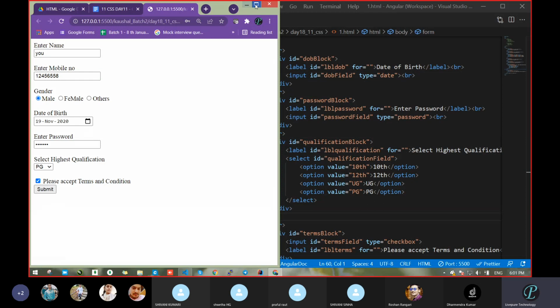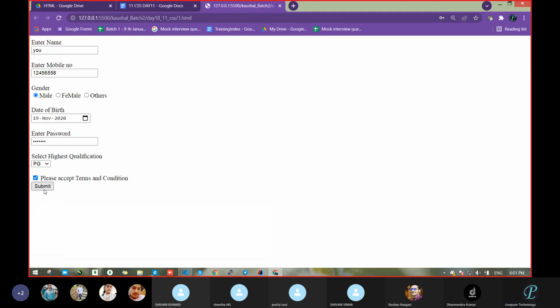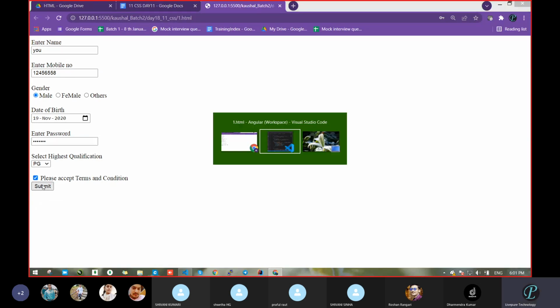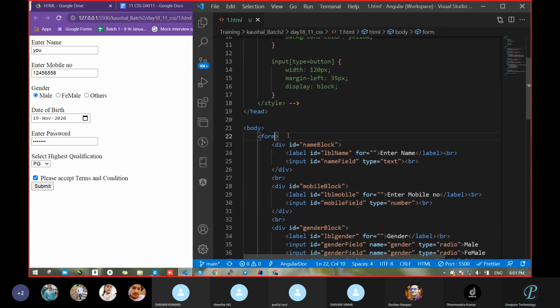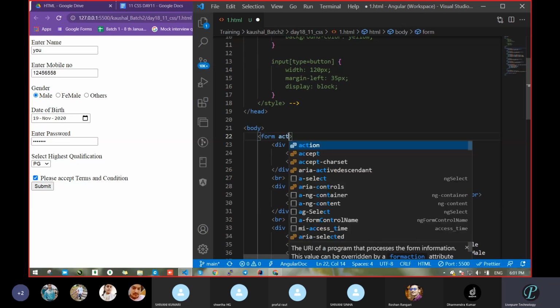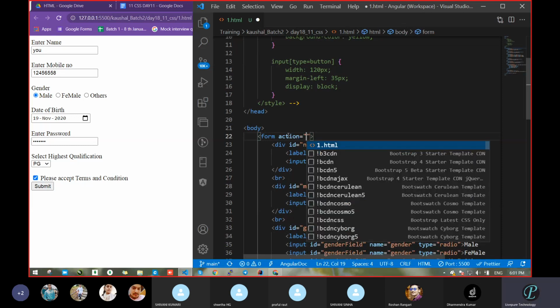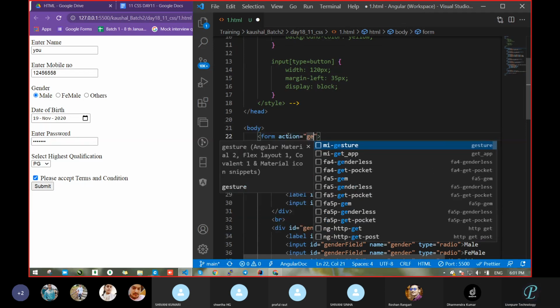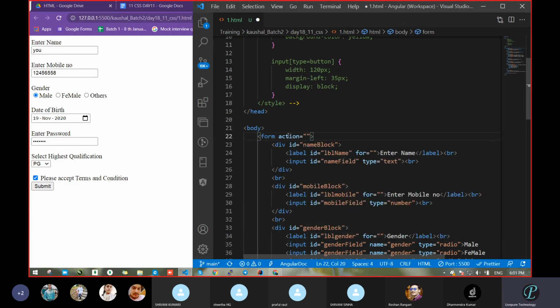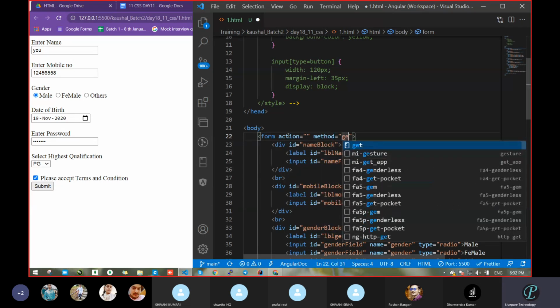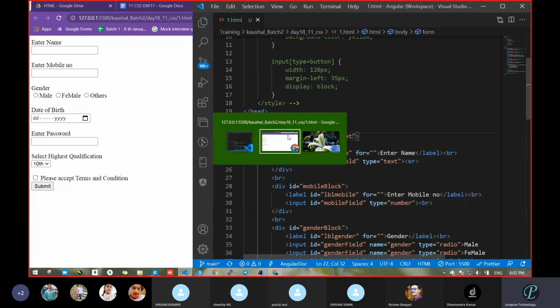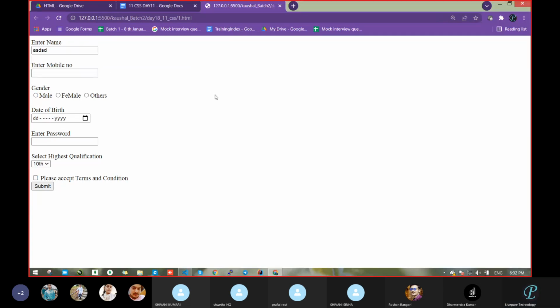Okay. And see, I am showing you. Wait. I will, what I had taken in form, action equal to what? Get. Sorry, action, not method. Method equal to get. Let's save. Why is that not giving? I think it is due to the server.